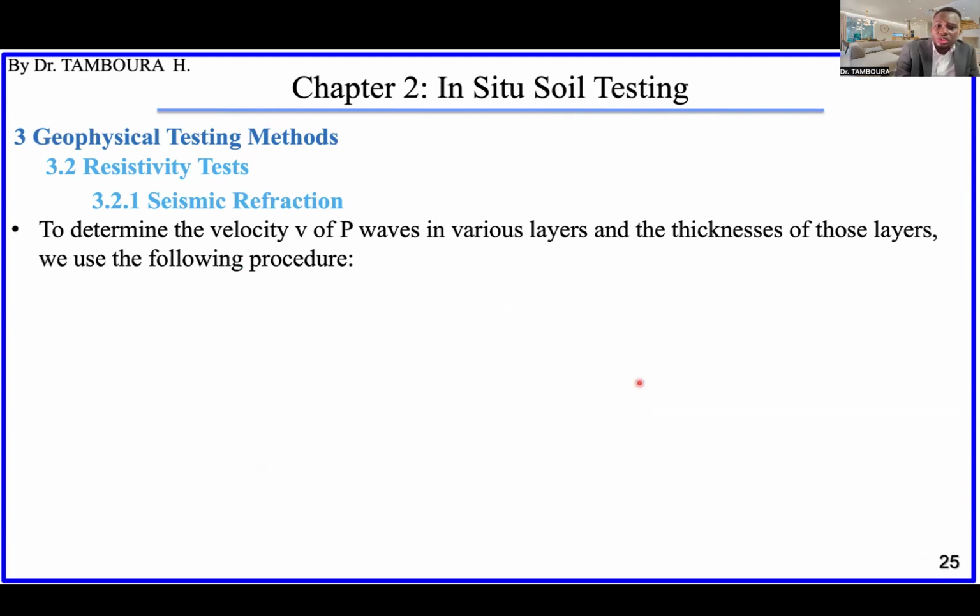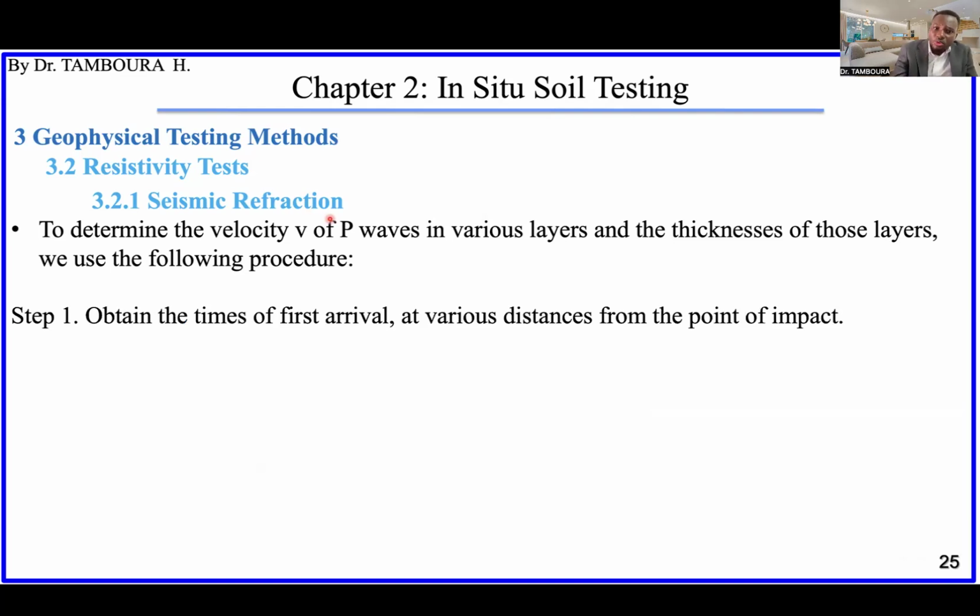So to determine the velocity V and P, I will give you the steps. What are the different steps to determine this. First one is to obtain the time of the first arrival, okay, at various distances. The first arrival, we want the first one. The geophones are located at different locations, right? So the first arrival for each geophone, you write down that time. If you go on site, after obtaining that,